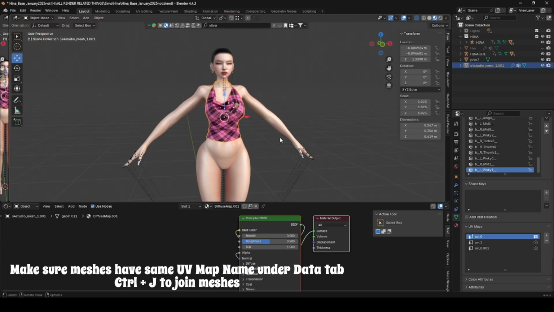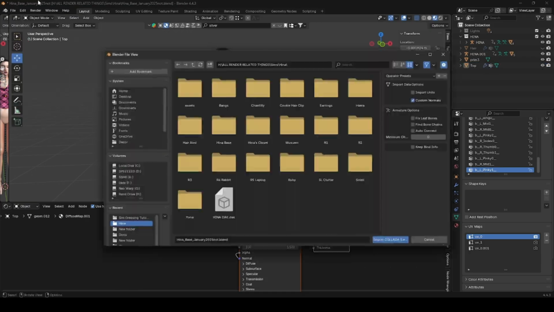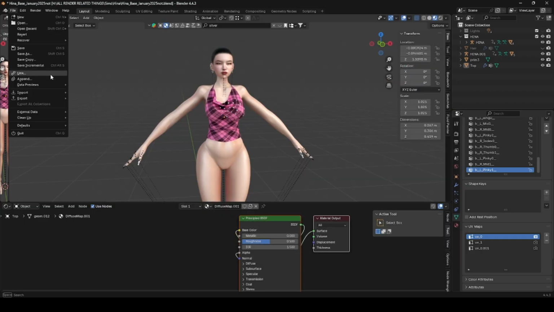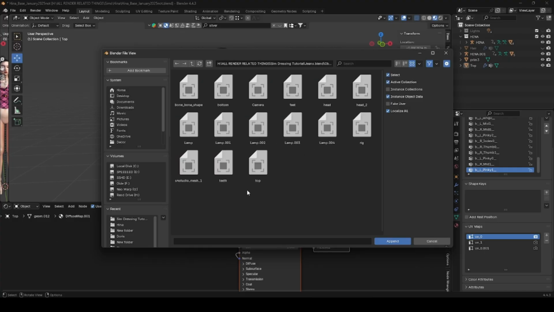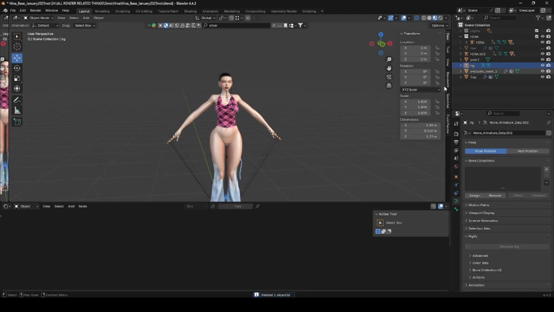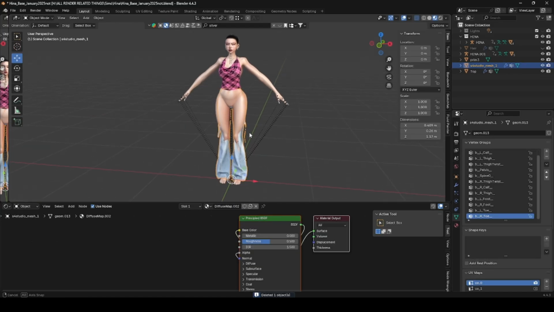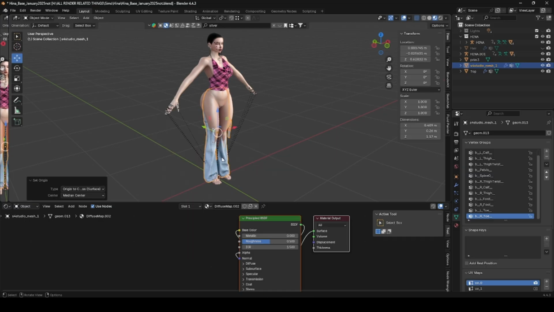So now we have the shirt done, and I'll go ahead and label it over here so we don't lose track of what we're working with. Now we're going to do the pants. Again, delete the bone mesh, delete the rig, and we are left with pants. Right click, set origin to center of mass,